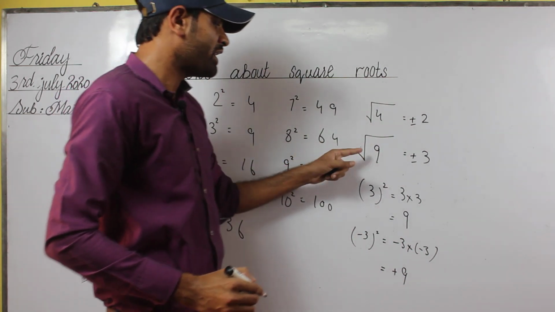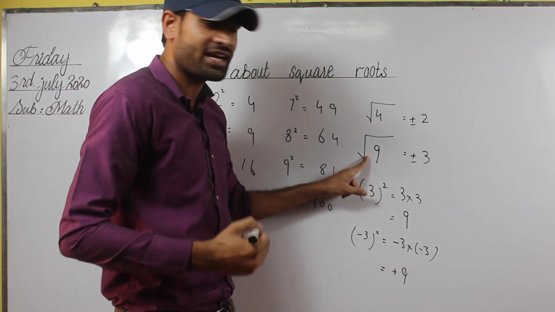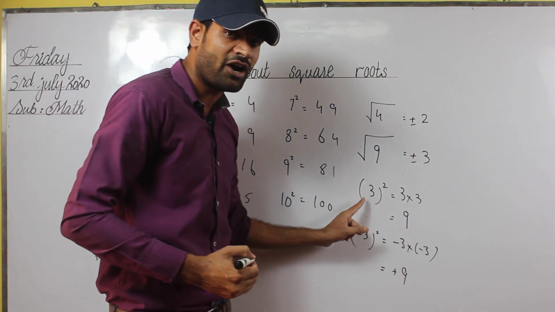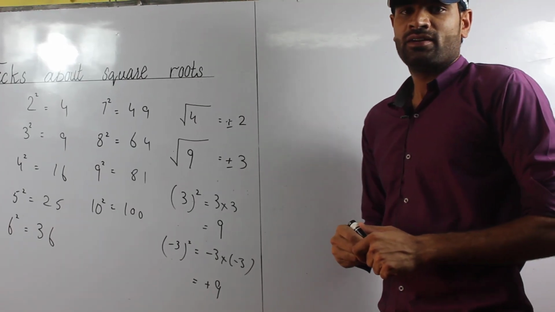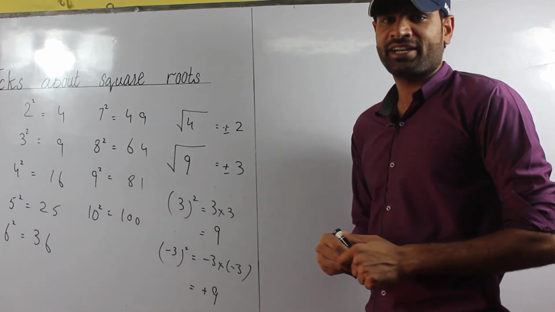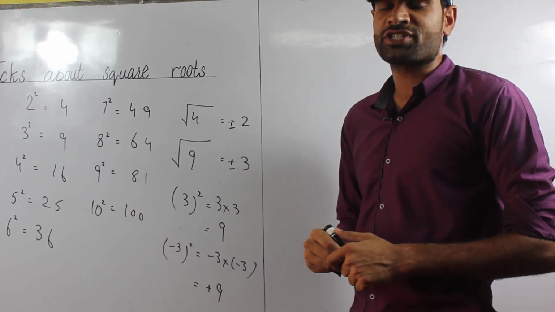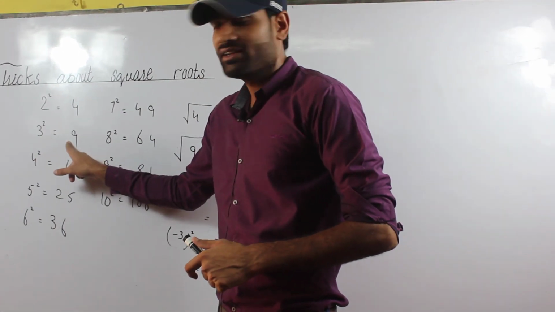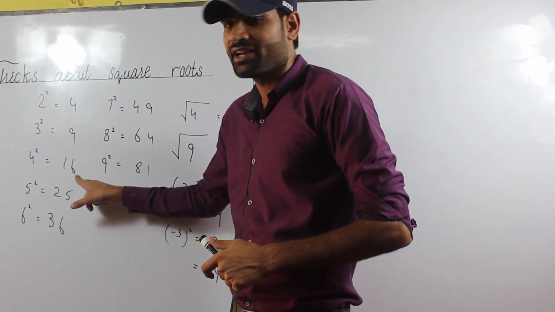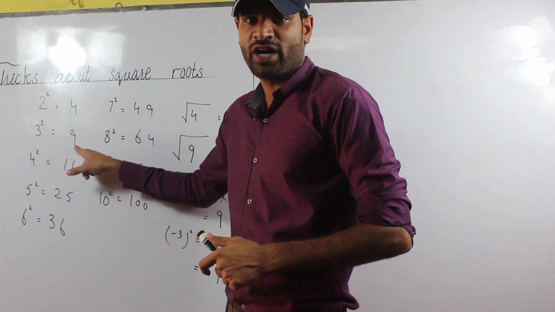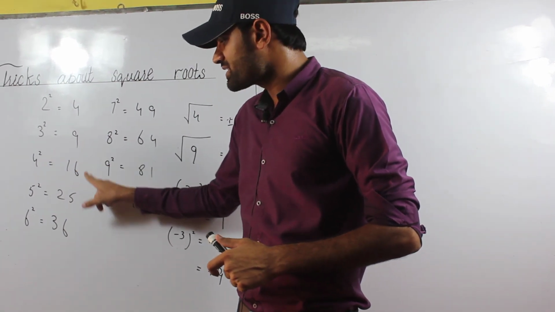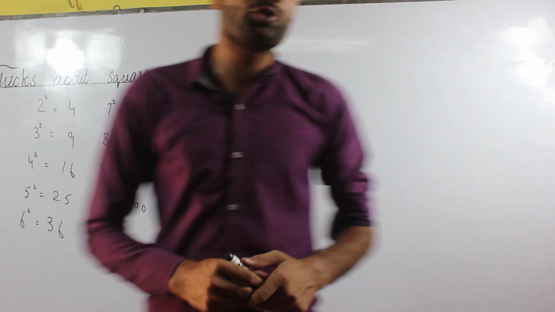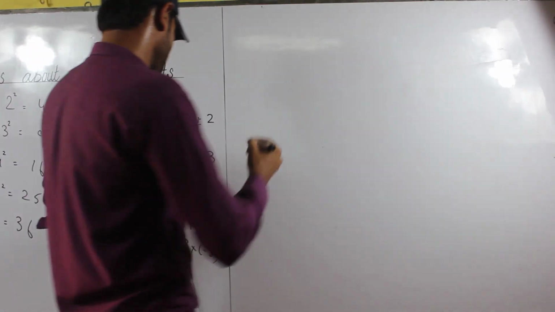So I don't know whether this positive 9 is the square of plus 3 or negative 3. So I cannot choose any random number. I just choose a number which is a perfect square. Just like the square of 3 is 9, the square of 4 is 16, not 10, 11, 12. 9, 16, 25, 36, these are perfect squares. So I choose a perfect square.